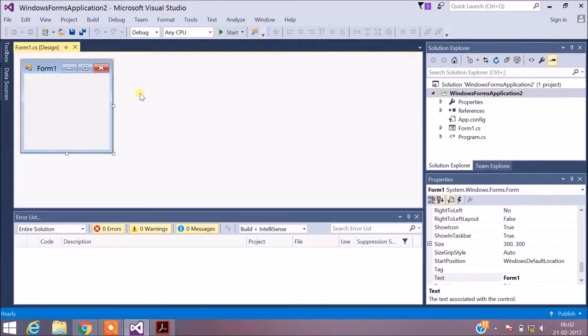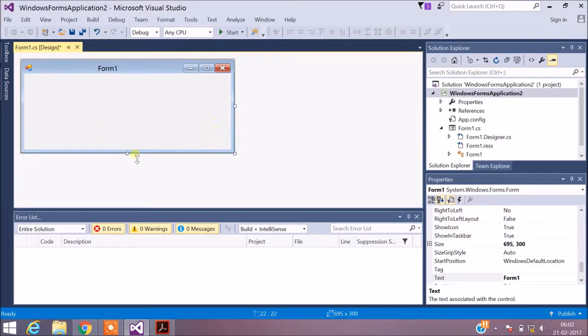Okay, so this is Form1. I will consider this as my parent form. This illustration is just to give an example of how modal and modeless forms work.